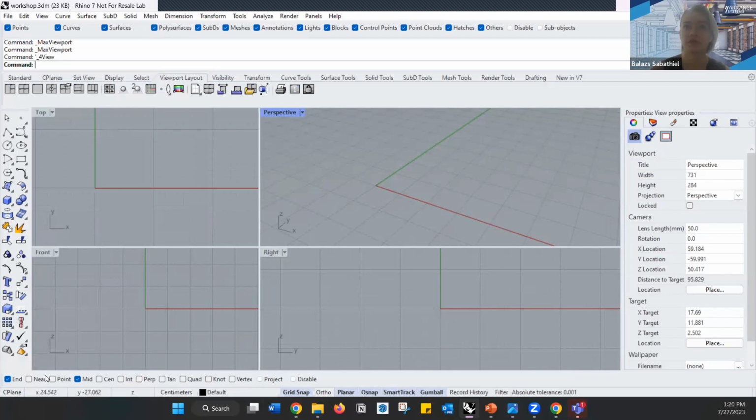Next, I have on the bottom here, these are my OSNAPs. OSNAP is short for object snap. So if I want, for example, to do a line that starts exactly at the midpoint of another line existing already, I use the midpoint object snap. And to have that midpoint object snap, I need to have it activated here,